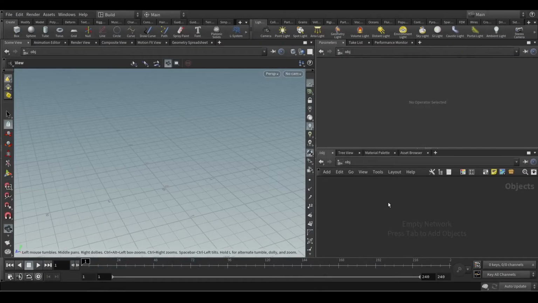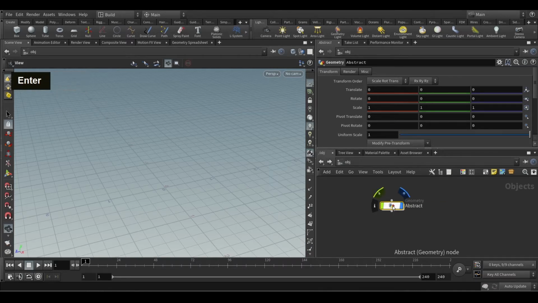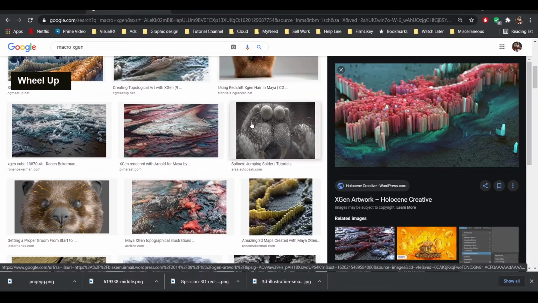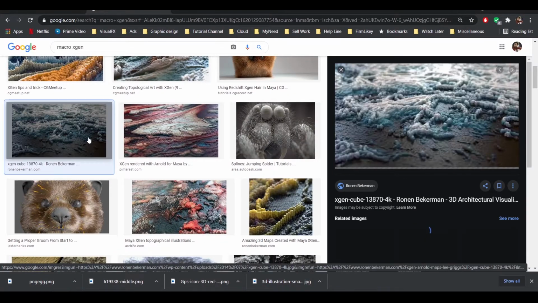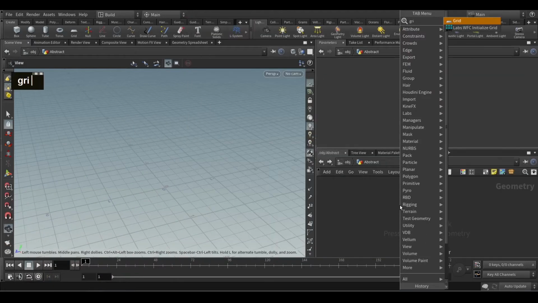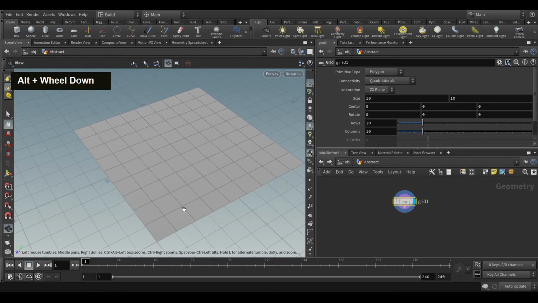So as usual, we'll bring a geo. This time I'm going to make everything organized. So I created a geo called abstract, and always look at your reference or what you are trying to achieve. Suppose you are looking for something like this, and you can see that it's a plane geometry, right? So you bring a geometry grid, so you have a plane, and now what you want to get is that